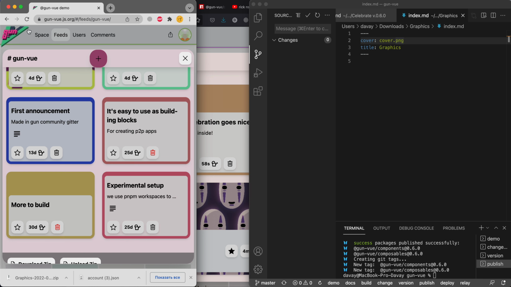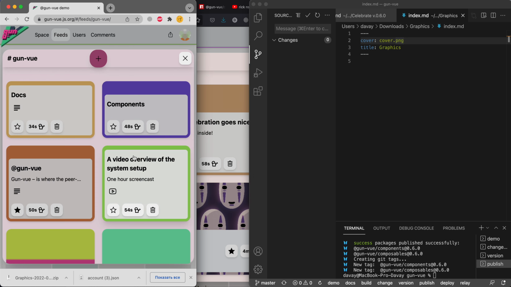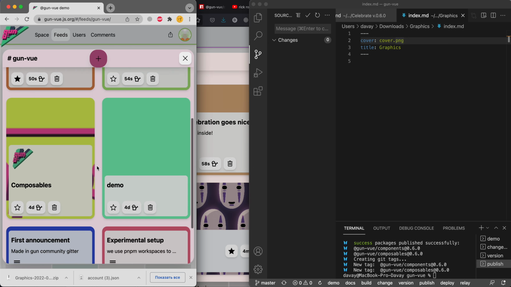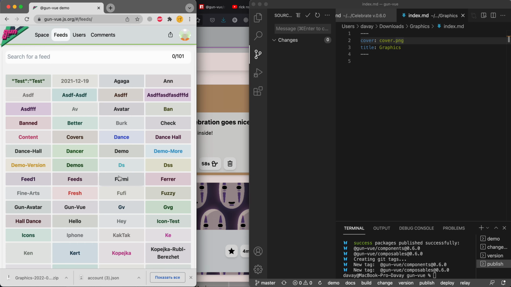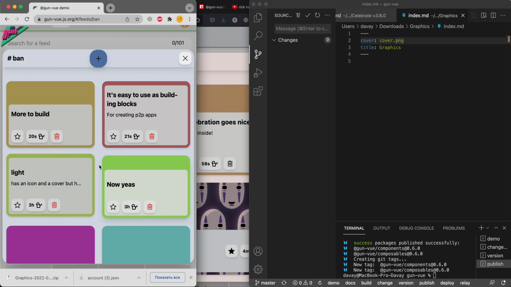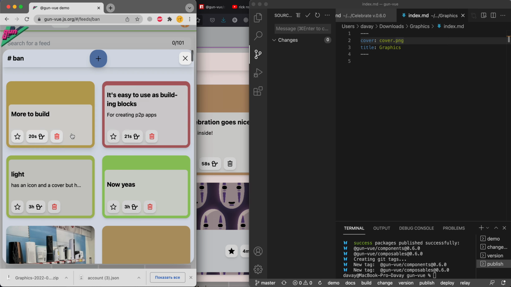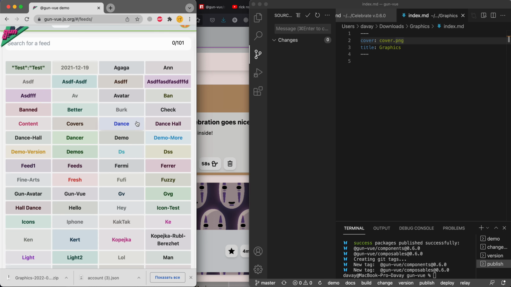Yeah, it's banned instantly and forever, because if I update the page, these banned posts are not displayed, because now they are in the ban, and everything that is in the ban will get blocked in other feeds. It's quite fun actually, but I think that I will elaborate on that and maybe make it editable,